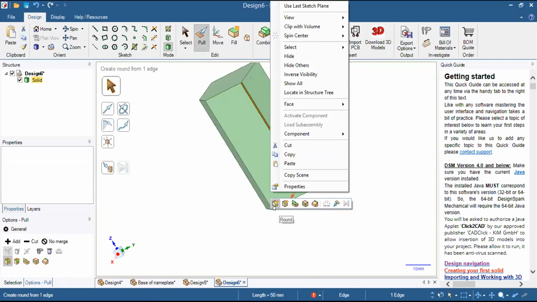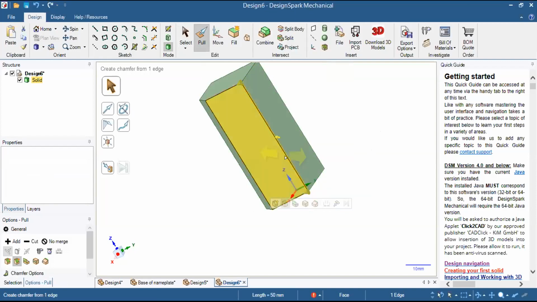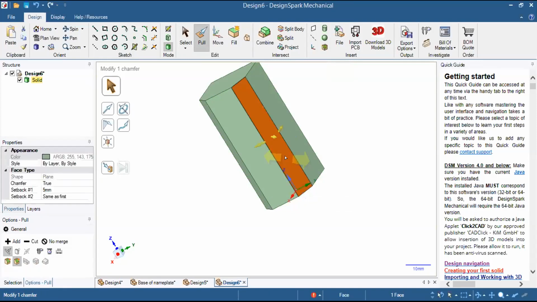You can see there are options: round, chamfer. So I will go to the second option, chamfer. I select this, and from my keyboard I type maybe 5 mm or 6 mm, and enter it. You can see a chamfer has been created. Okay, got it.